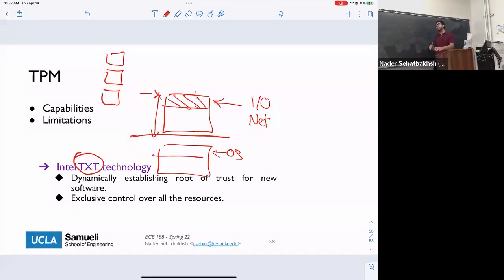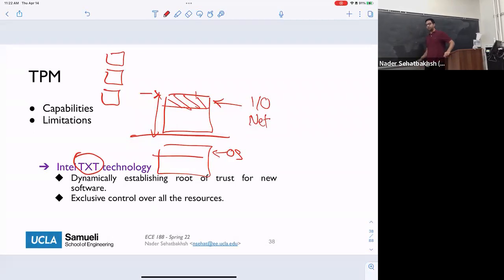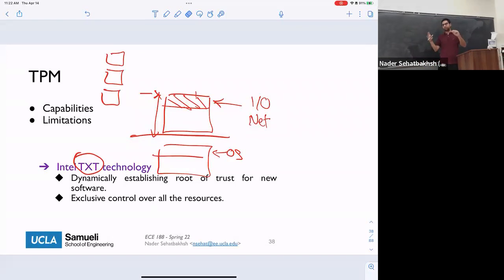Okay, so that was kind of providing the ability that a specific application can get the entire control of the system. And backed by the design of the TPM, we can actually guarantee that this indeed can happen. So we can create a boot sequence, but instead of booting the operating system, we can boot whatever application the user wants, right? And then we can give exclusive access to that application for that user. Okay, so that was the idea of the Intel TXT technology.